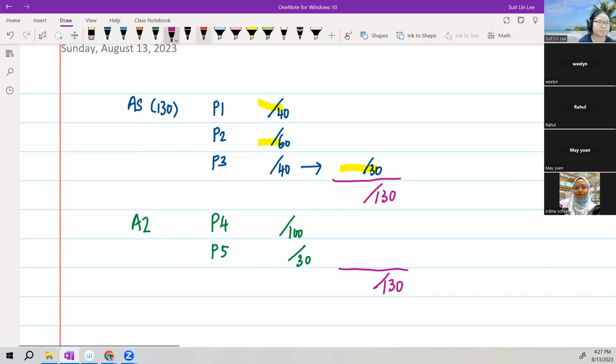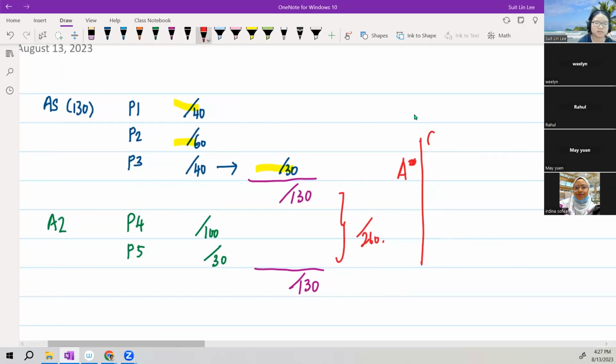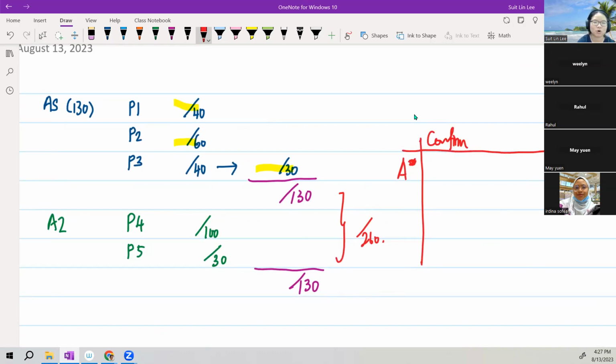So that means in total, the big total would be 260. So out of this 260, if you want an A star, I will give you two types of numbers. One number is called a confirm A star, meaning it doesn't matter how smart the students are or how smart the cohort is, you are more or less confirm an A star. There will be no year where I see 210 and right beside it, I don't see A star. Okay, so you could say, well, I could lose 50 marks. Yeah, lah, you can lose 50 marks, lah, but how many marks have you lost in your AS is the question. Okay, and then this is probably